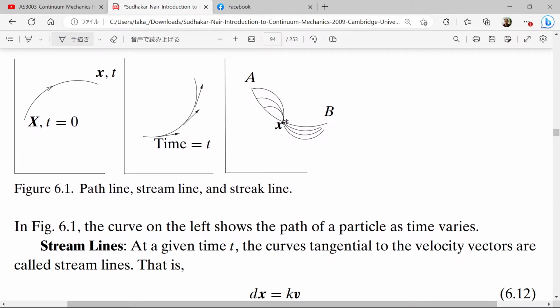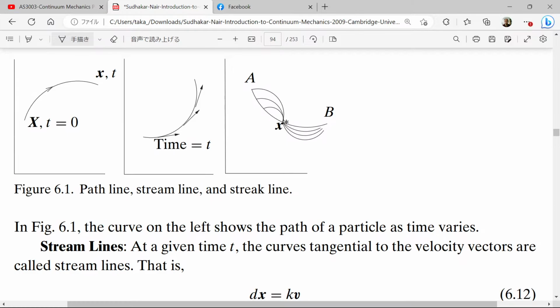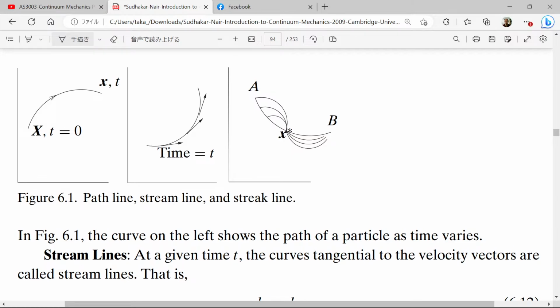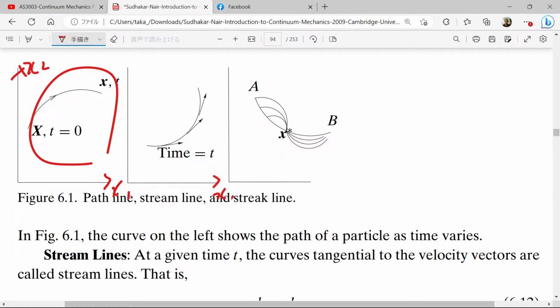Figure 6.1, in figure 6.1, the curve on the left shows the path of a particle as time varies. So this is path line. Is it path line? And I would say this is spatial coordinate. This is spatial coordinate. Next,